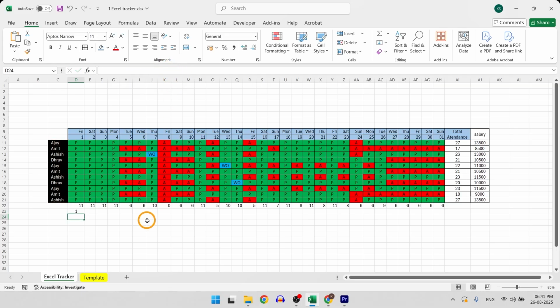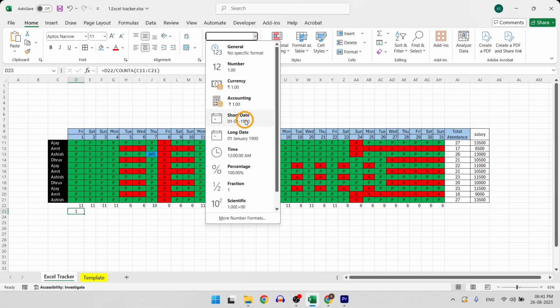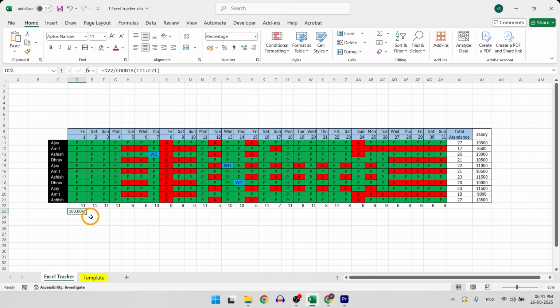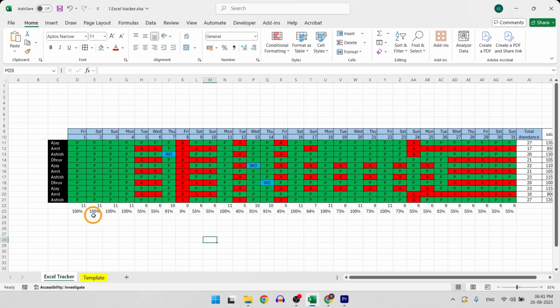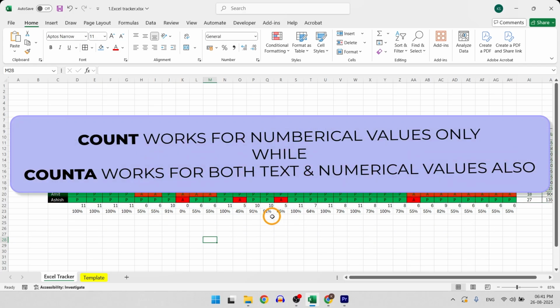Because all the employees are present for the first day. So the 1 here means 100% attendance. Simply convert it to percentage and it shows 100%. Dragging the formula across gives the correct percentage. 100% in some places, 55%, 45%, and so on. So the key takeaway is COUNT function works only for numbers, but COUNTA function works for numbers and even text values also.